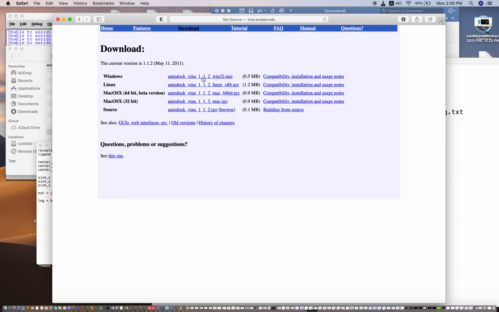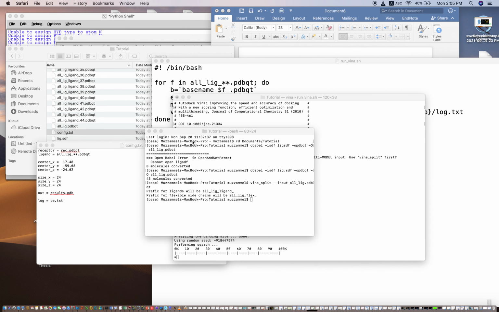If you have Windows, you can download this. If you have Linux, you can download this one. If you have Mac 64-bit, beta version, or 32-bit version, you can download accordingly. I have already done all these things, and now I have to dock all the multiple ligands to the receptor.